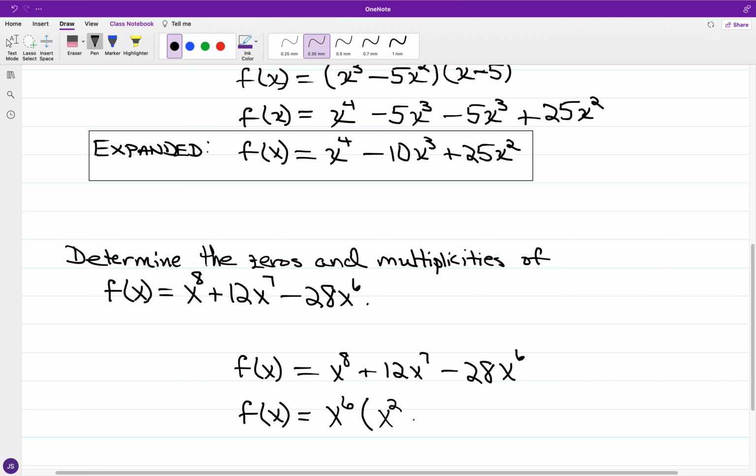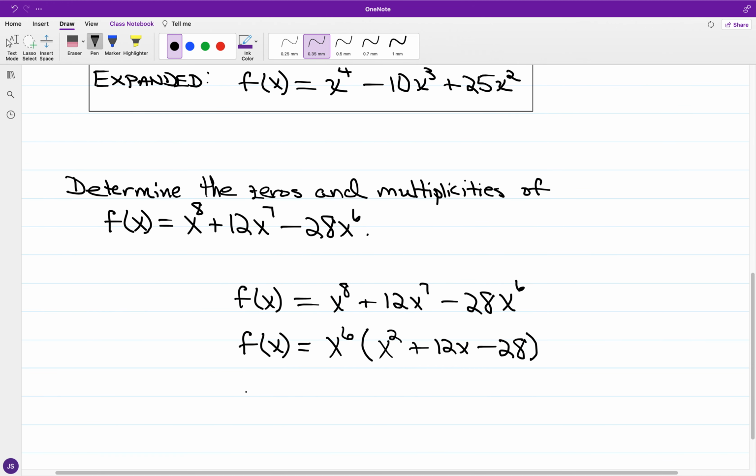x squared plus 12x, and x to the 6th into negative 28, x to the 6th, that's just going to be minus 28. And if I look at factoring further,